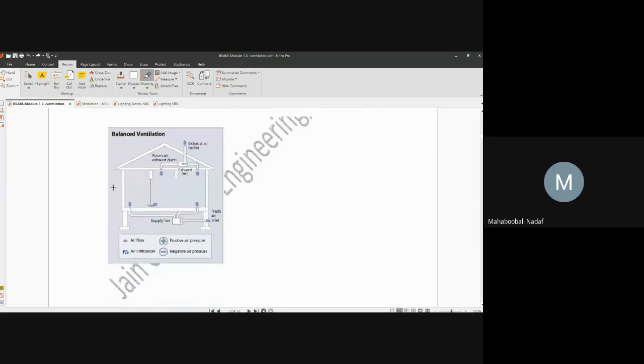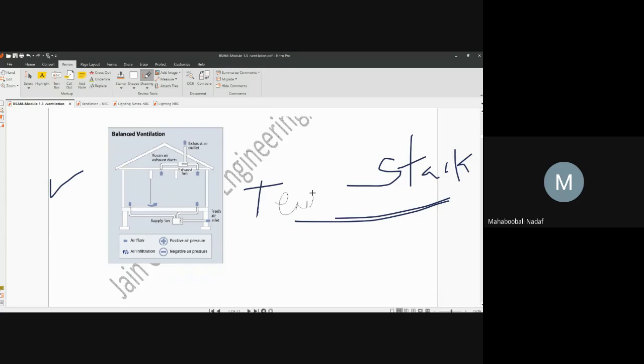Now in this diagram you can see, whatever we call in natural ventilation as one effect, that is called the stack effect. What do you mean by stack effect? Due to the temperature difference outside of the room, inside of the room, and top of the room, bottom of the room, always the cool